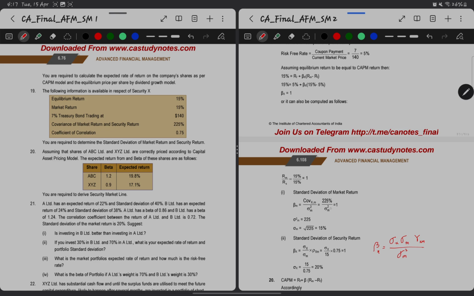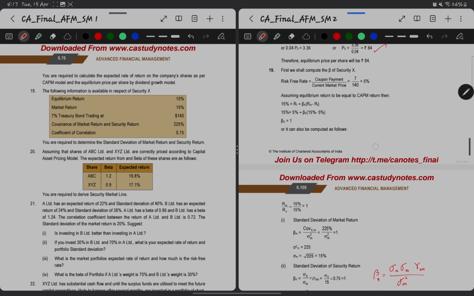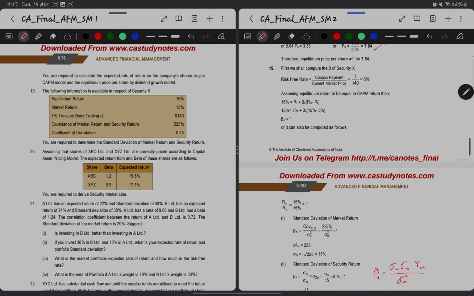Now we need to find out beta using the other information. Since we have information of market return and risk-free return also, but here the treasury bonds rate is 7%, but we need to figure out what is the risk-free return. So 7 divided by 140 into 100 will give us the risk-free return, which is nothing but 5% in our case. And substituting in CAPM model, we can arrive at the beta for the